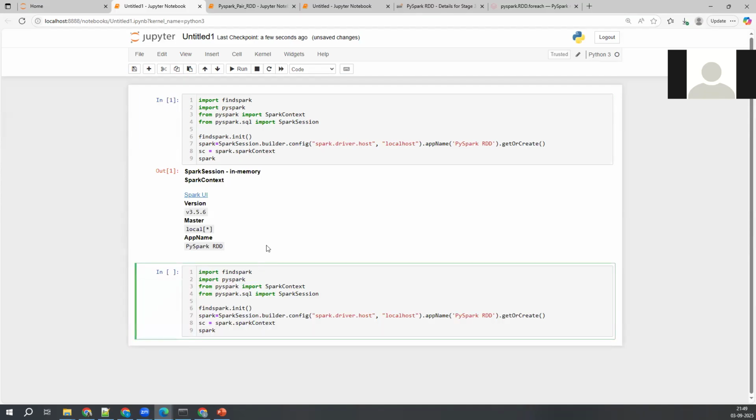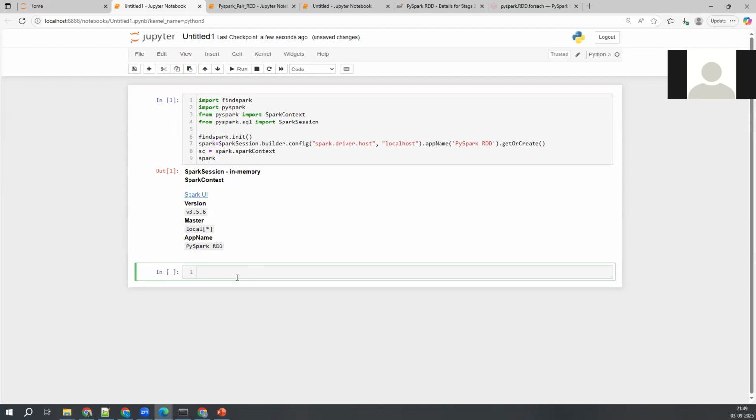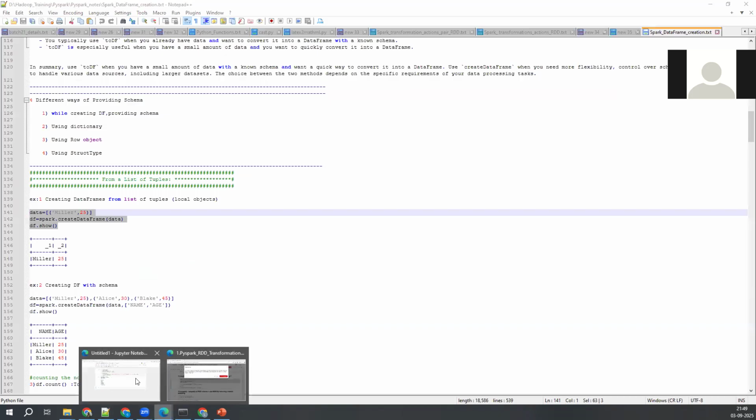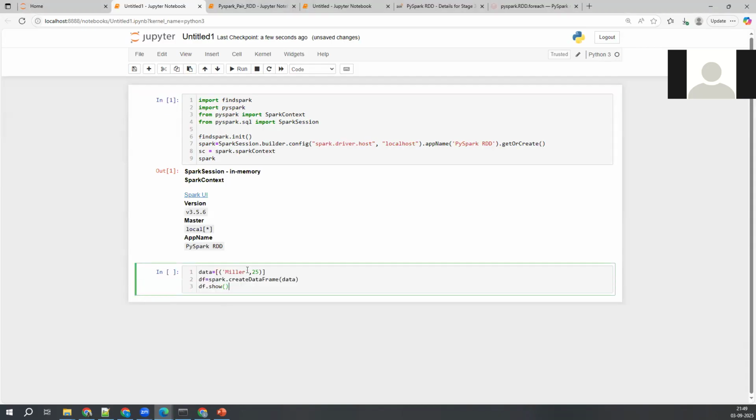Now I'm just copying, sorry. I can copy paste it instead of typing it. Let's consider I'm taking the data like this: data equal to a list, with key value pairs, Miller 25. This is the employee name and this is the employee age. Just as we have the sc.parallelize or sc.textFile command in RDDs,